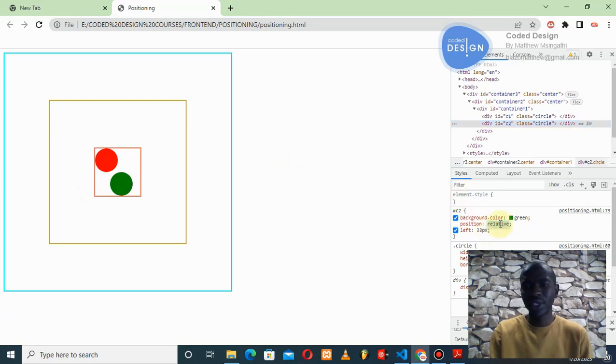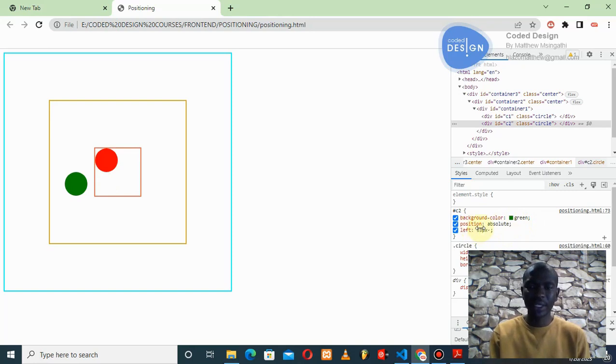However, if we change the positioning to absolute, this will be clear when I'm explaining, I think on my slide number 3, the difference between relative and absolute. But for now, I want you to understand the effect of setting any element's position. As soon as you set the position, what is the effect of that, be it on the parent and be it on the child. Now that we have changed this to absolute,